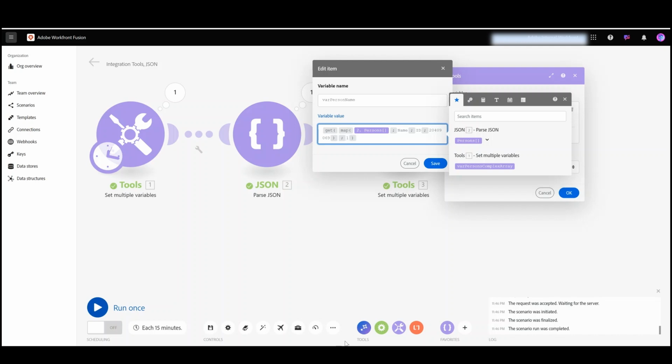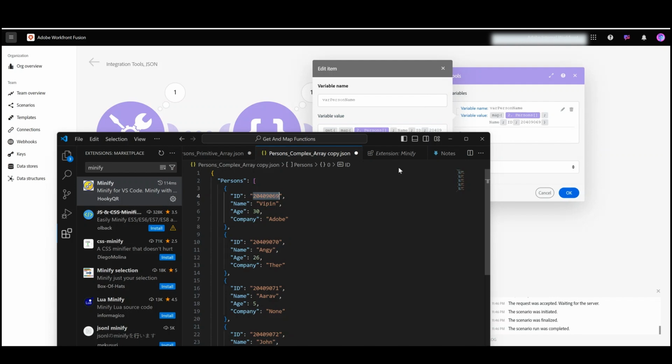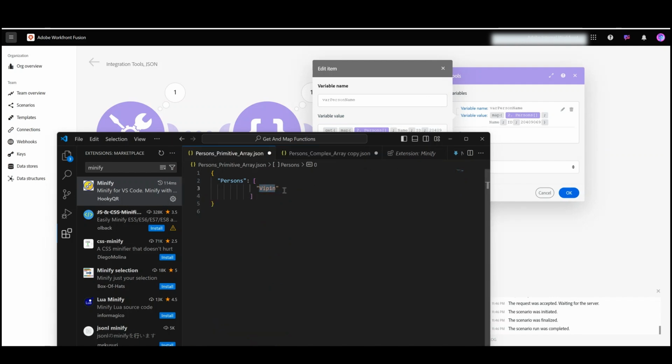So basically we are going to extract Vipin. So Vipin is the first index. If we have something else, for example, Angie,